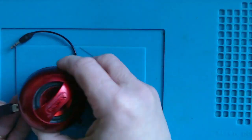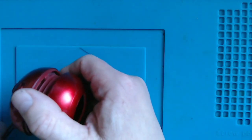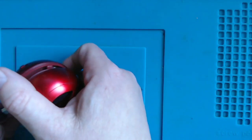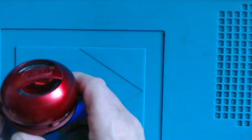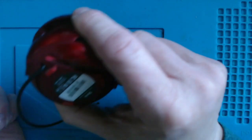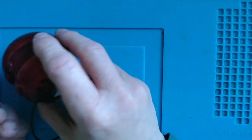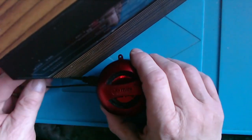And what I did then find is that, unfortunately, although I could find a weird type USB lead, A, when you plug it in you get a bit of hum, and B, it completely doesn't hold a charge. Although when it's plugged in, it does actually work. So if I plug it into a radio,